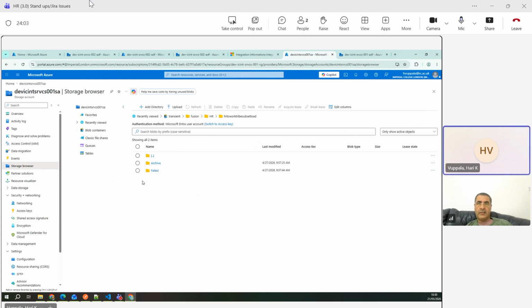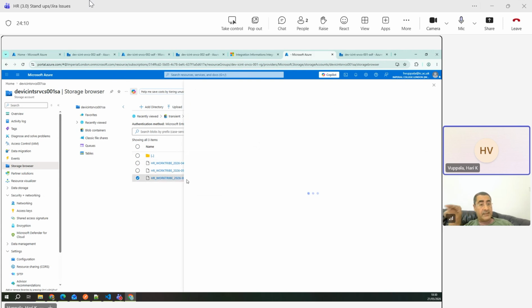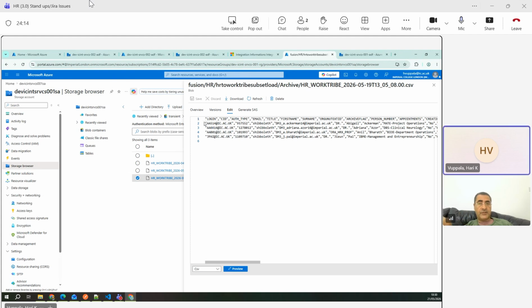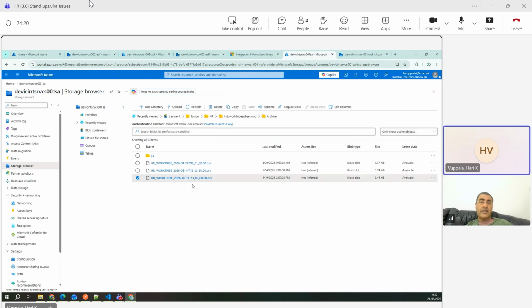Exactly. If it is successful, then it moves to archive, which is the CSV file. You see that is yesterday's, the output of Shebang's report. It comes as a CSV file back into Azure, and these are the 4 records, yesterday's ones. That's what comes here. And once it sits here,